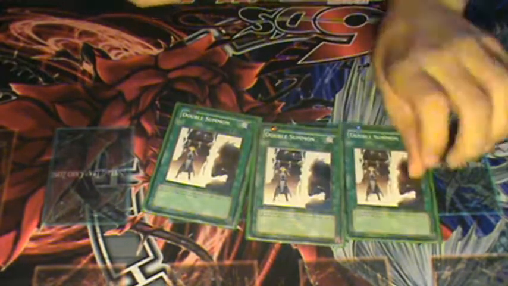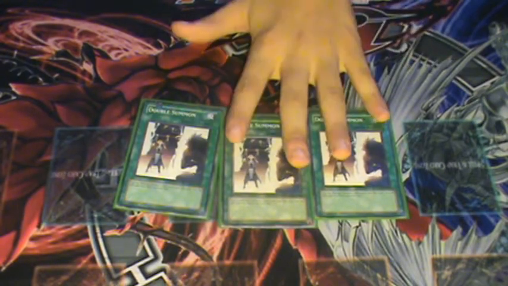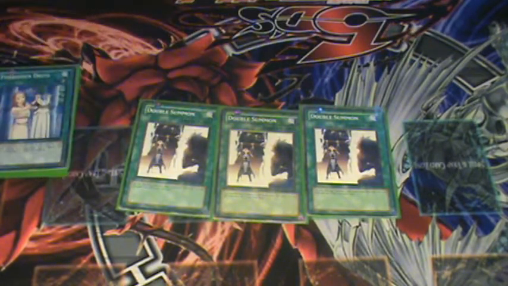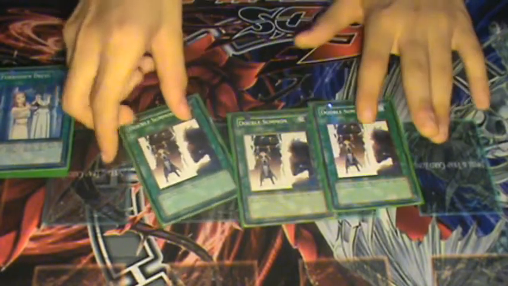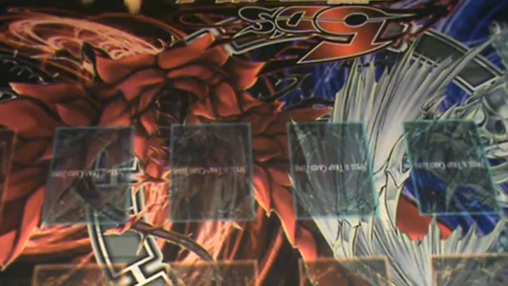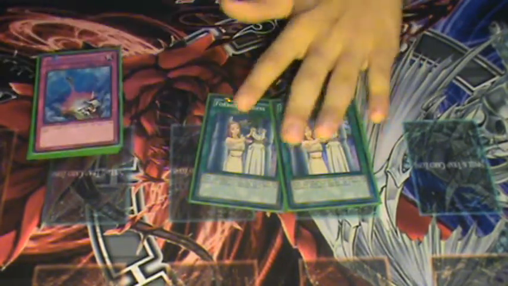Then we run Triple Double Summon. It gets you out first turn Gaigans again, part of the old OTK, and can also allow you to go into really cool rank 4 plays or even huge synchro plays. Then a new addition, we run 2 Forbidden Dress because